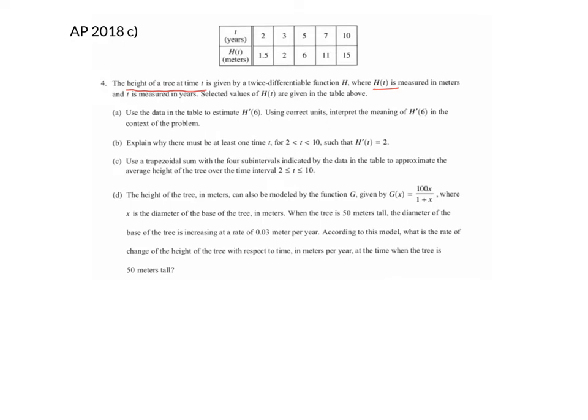And then what we're doing right here is we're looking at part C. So use a trapezoidal sum with 4 subintervals indicated by the data in the table to approximate the average height of the, okay, so that's important, average height of the tree over the time interval 2 to 10. All right, so here's what we will do. For the average height of the tree,